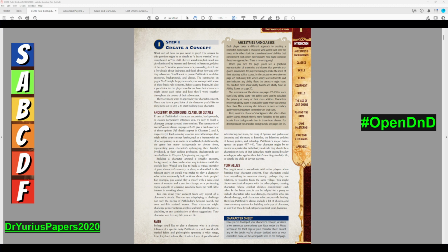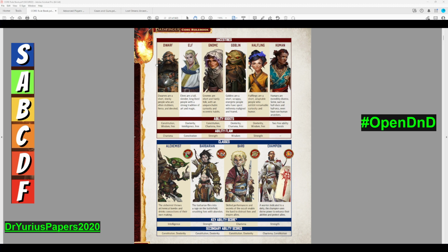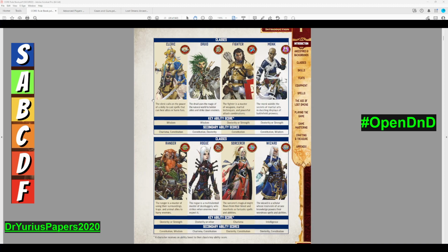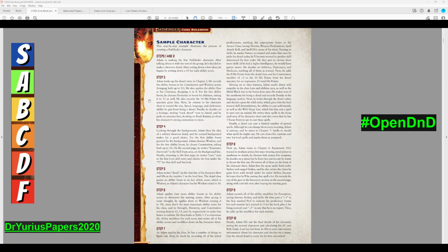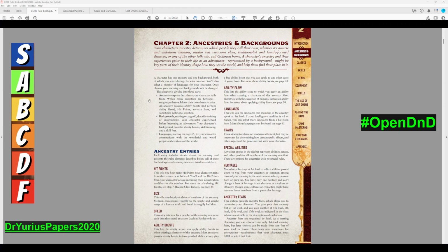It says here you pick your ancestry, and they've got an example of a bunch of different ancestries: dwarves, elves, gnomes, goblins, halflings, humans. So let's go through all of those, and let's look at the formatting for this. This is one of my more favorite types of